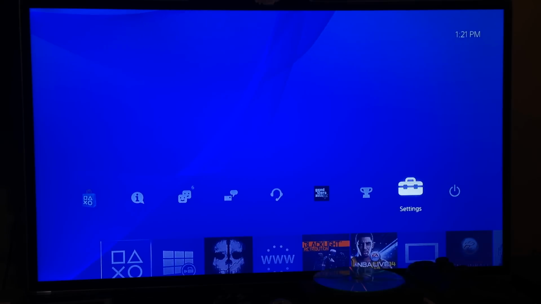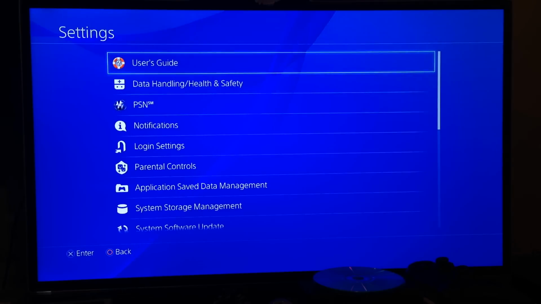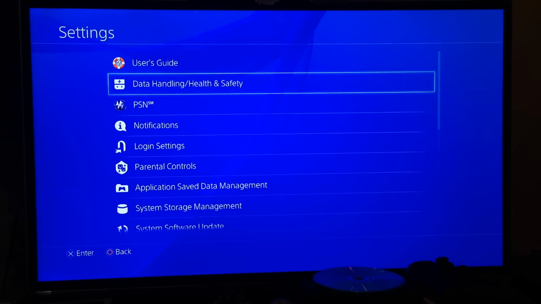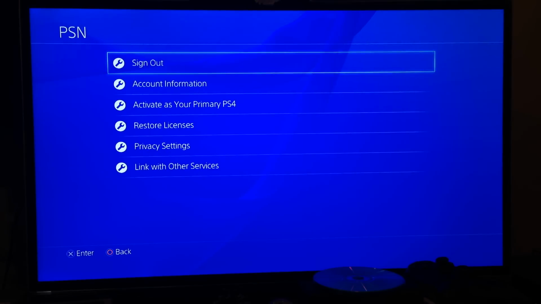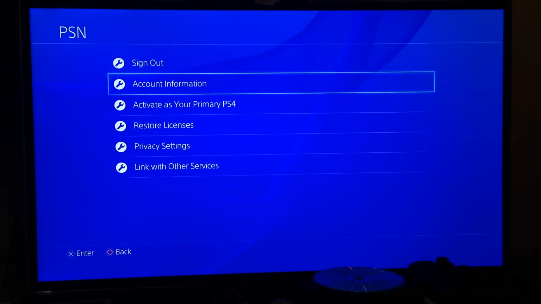So now, settings, we have quite a few settings in here. We have user's guide, data handling, and health and safety, which I'm not sure what data handling is, but health and safety is, of course, the health and safety guide. Then we have PSN, which is where you can sign in and out of your network, or your account, getting account information,